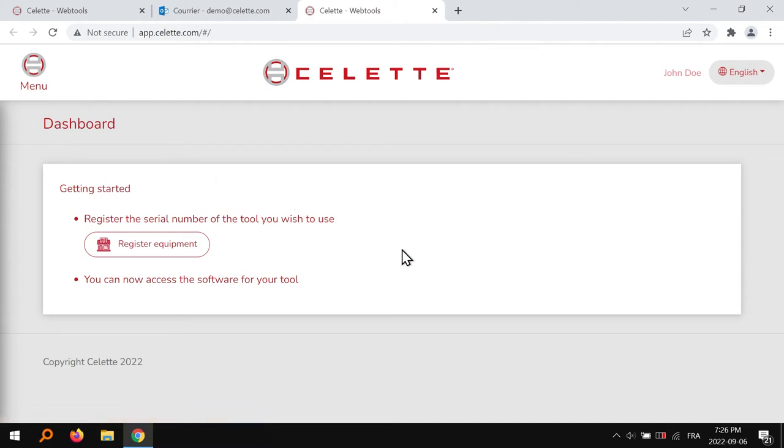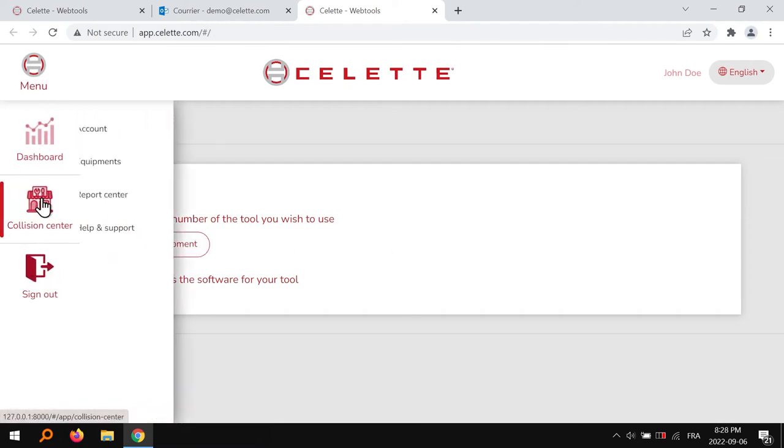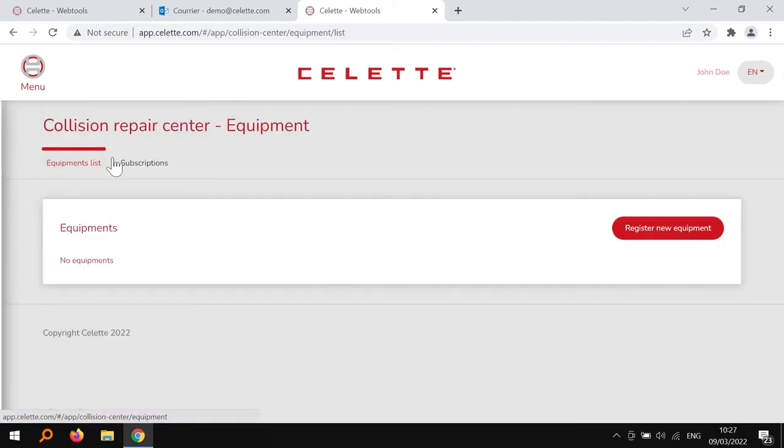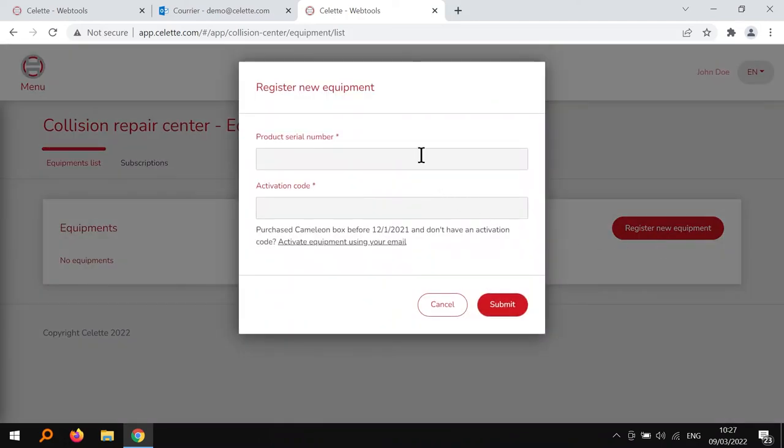And last thing we need to do is to register a new Chameleon box. So we can access the page by clicking this button or going to Menu, Collision Center, Equipment. And then register the product we want to use: Chameleon, Eagle, Naja, etc. Here, we need to write the product serial number and the activation code you will find in the box of